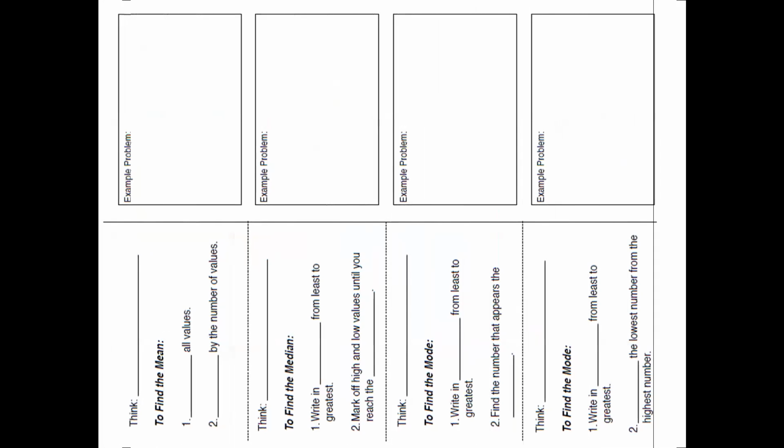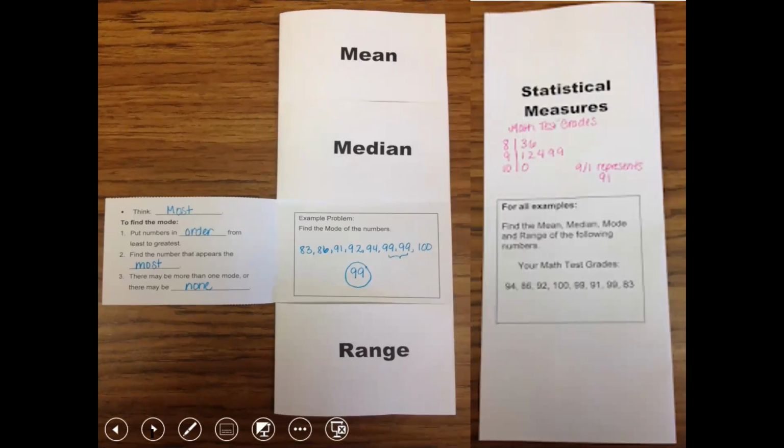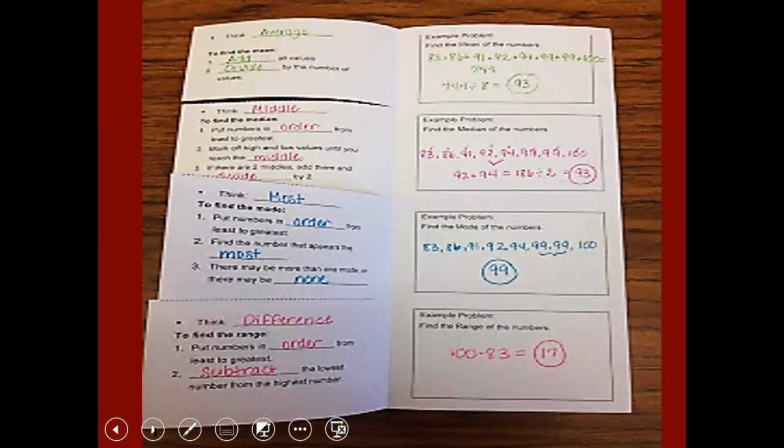Okay, next thing we're going to do is this foldable. So you're going to be filling this part out. If you are at home, you can just take a piece of paper and cut it into 4 little pieces, and then we're going to fill this part out. On the front of it, you could put mean, median, mode, and range. Those are the definitions. And then on the inside of it, you just need to fill in the blanks and then create an example. So the inside of mine looks like this. It's a little bit difficult to see, but